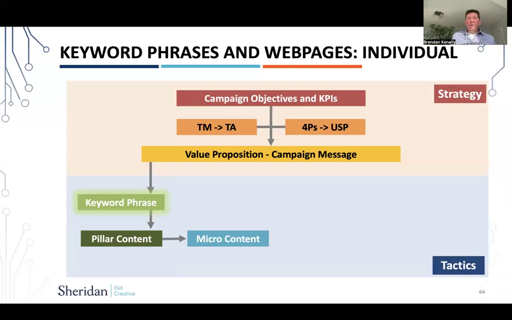All right, so this is the first step in designing the website. Again, I know we haven't gotten to actually build a website because you don't know what to put on the website. So we've done our strategy, we've done our persona, we've come up with our value proposition for our gym. Now we need to take that and distill it into these keyword phrases. Then we're going to start doing what we call pillar content. So this is the copy that's on your site.